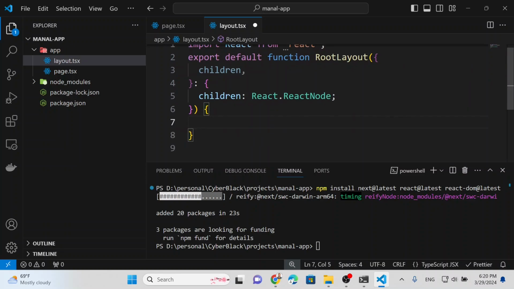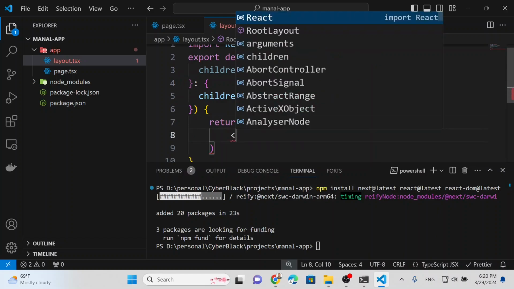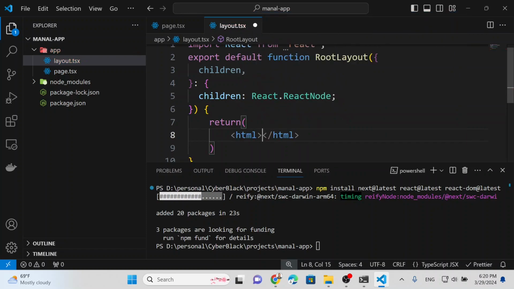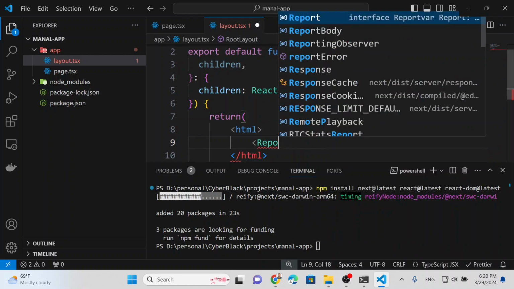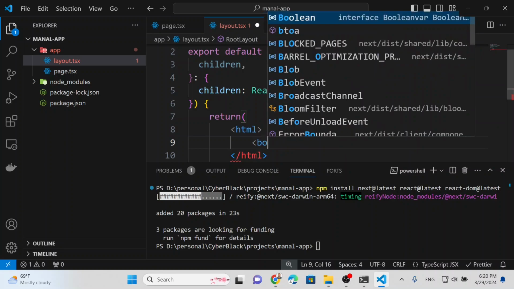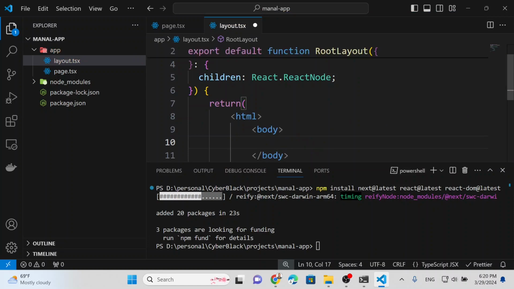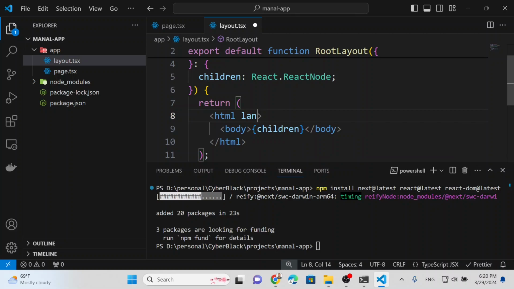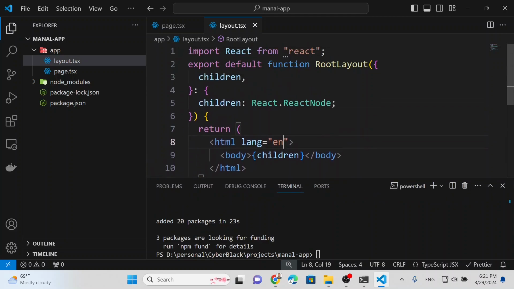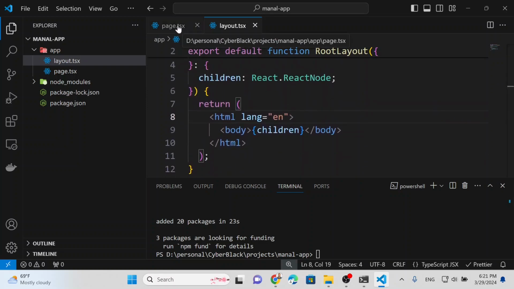So once we create the function, let us return an HTML into it. So HTML, in this HTML we are going to have the body tag. In this body tag, the children component will be rendered, but let's give some attributes to the HTML tag, specifically the lang attribute. So now we have created the page layout structure, the layout file, and let's go to the page.tsx